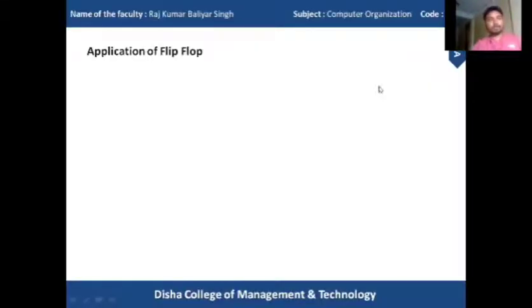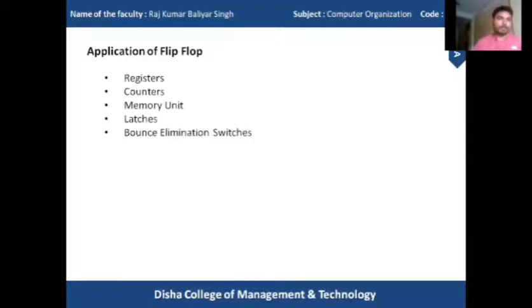Okay. Let's see about the application of flip-flops. What applications can we perform by using the flip-flops? These are the few applications we can develop by using the flip-flops. One is the registers. As I said a few classes back, registers are used to basically store the data and transfer the data, and the register is completely built with the flip-flops. Counters are also used to count the clock pulses, and in counters we use the flip-flops. Basically D flip-flop and T flip-flops are better for counting devices.